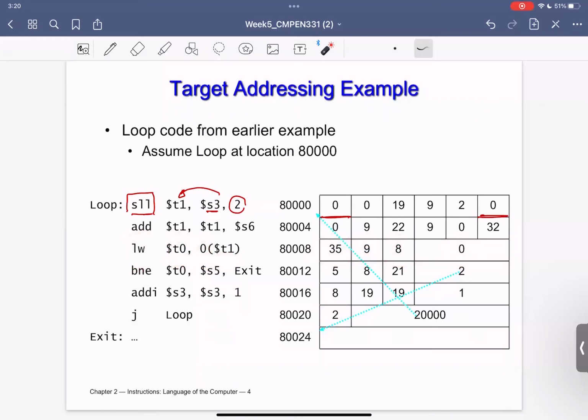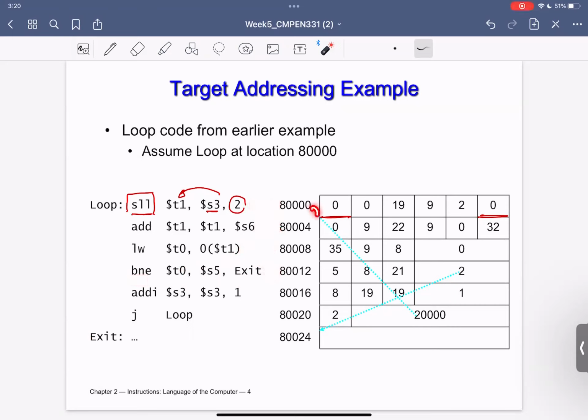So all of these things, we have already taken examples for that. And it's just a review for whatever we have covered earlier. The new thing that we would like to learn here is the branch and the jump, and how we can use that address. So branch not equal T0, comma S5, comma exit. So we would like to check if this is not equal to that or not. If it is not equal, please go to that particular address. And that particular address is exit, which is here. This guy here is in that particular address. This guy here is in that address. This in that address, and so on and so forth.